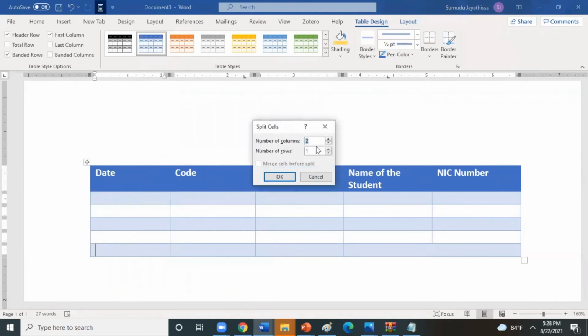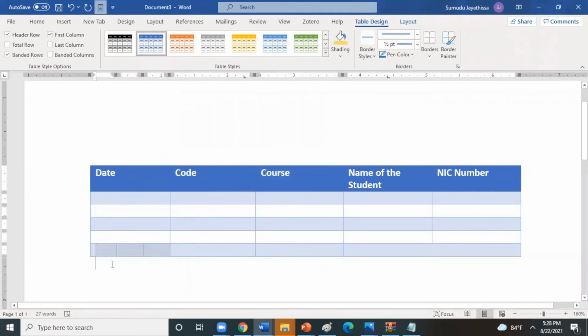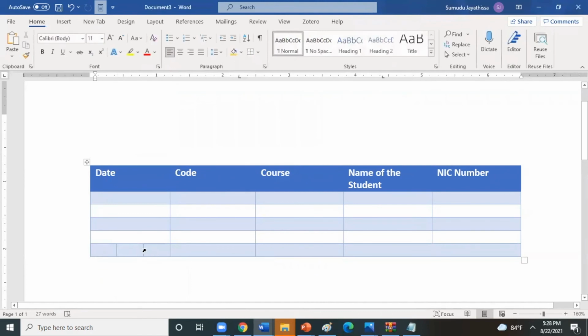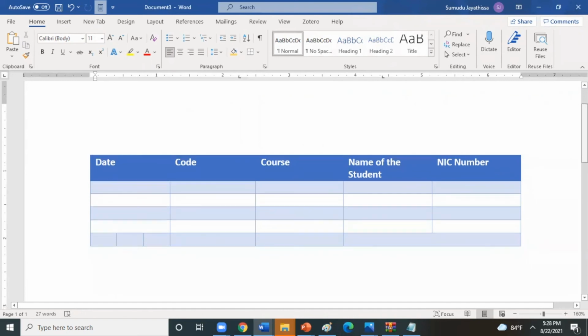This time I change it to 3 columns, 1 row. Here you can see your cell gets divided into 3 cells. These are the main options that we can identify in table formatting.